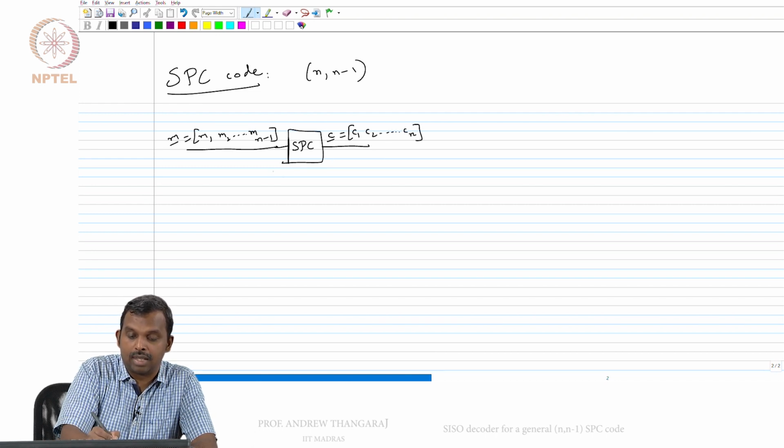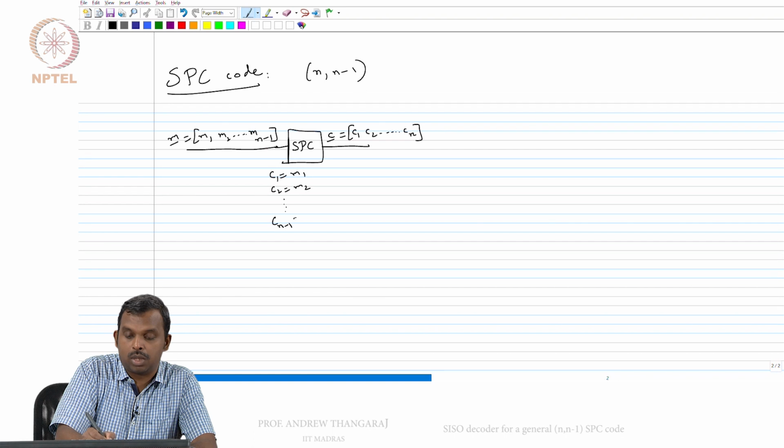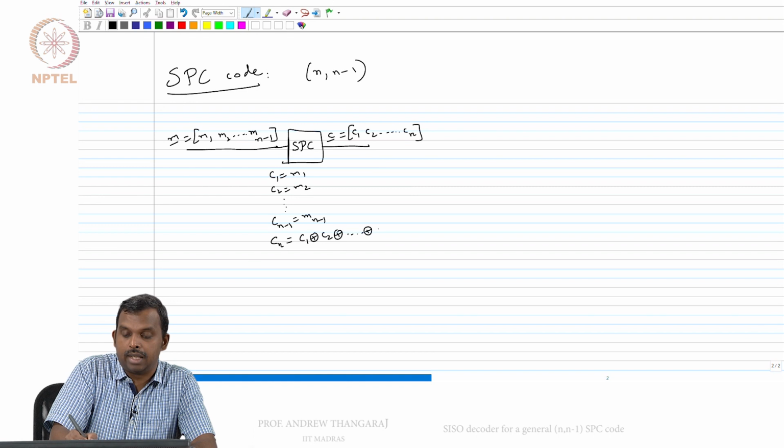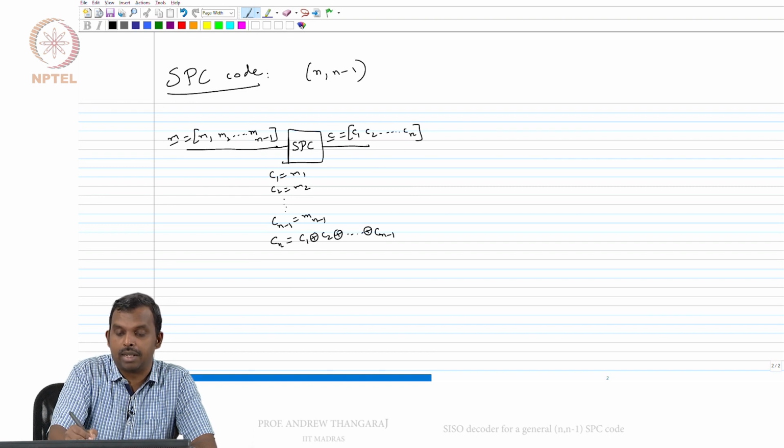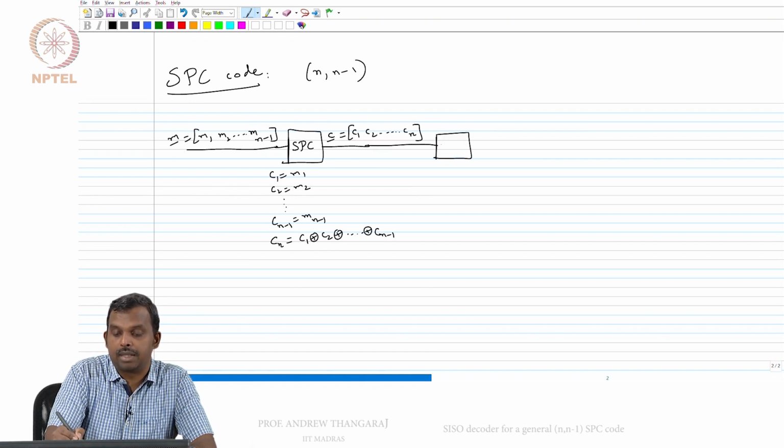We know how this is done. C1 equals m1, C2 equals m2, till C(n-1) equals m(n-1), and then Cn becomes C1 XOR C2 XOR